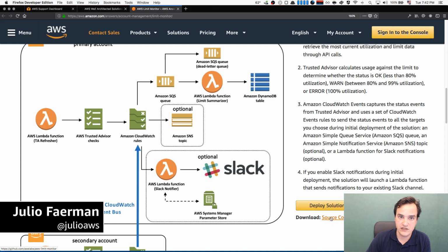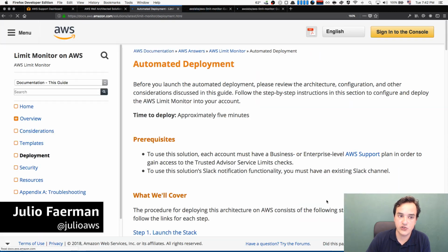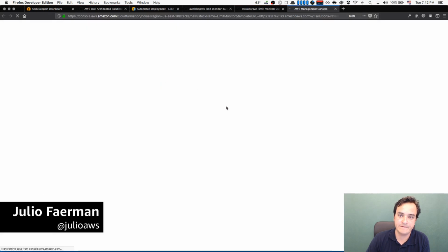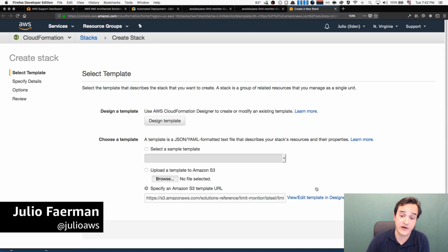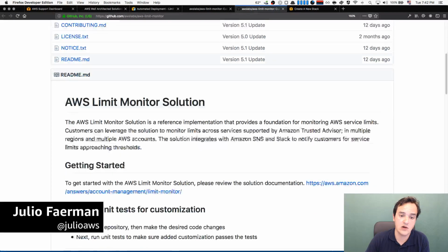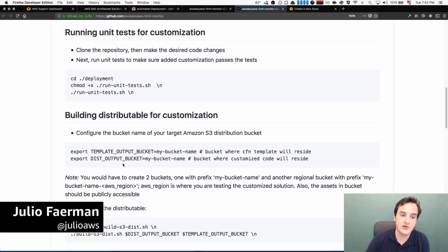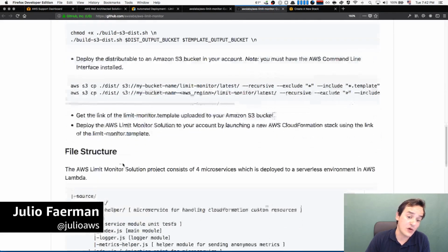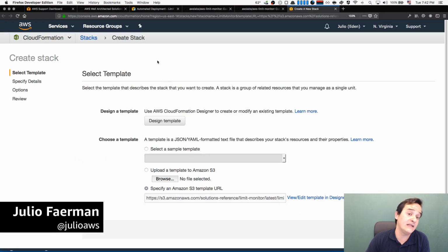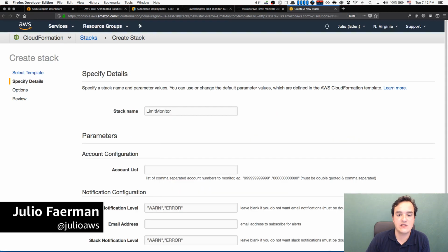The source code is open and available here as well. You need just to deploy the solution, and it will automatically check for those limits on your account. So if you want to take a look here on GitHub, the AWS Limit Monitor code is all here, and you can build your own if you like. There are some checks you can customize and change to add additional resources perhaps, but anyway, just deploying this, you